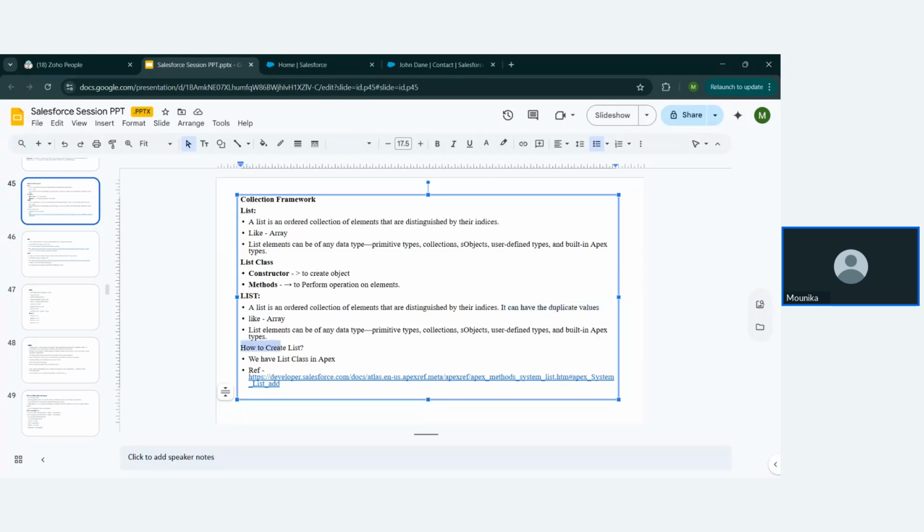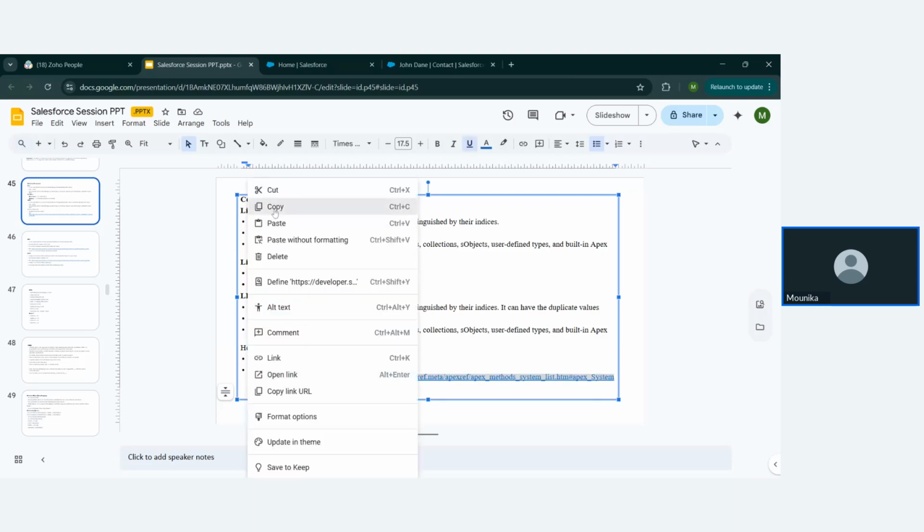How to create a list. We already have the List class in our Apex, guys. We just need to create an instance of that class. That's it. It is a pre-built class with methods. If you want to use methods, you can directly use the list methods provided in the Apex developer guide. So guys, if you want to know more about the List class,